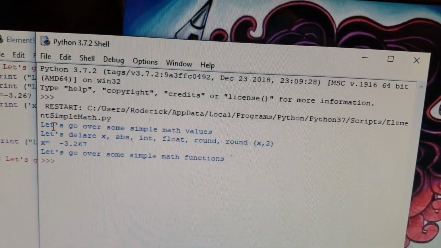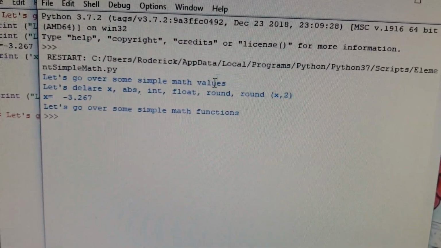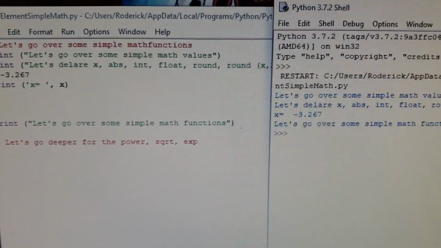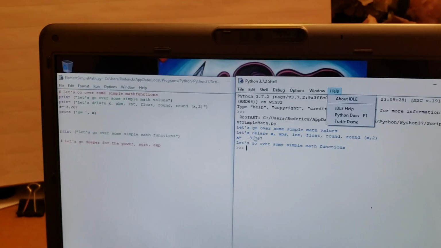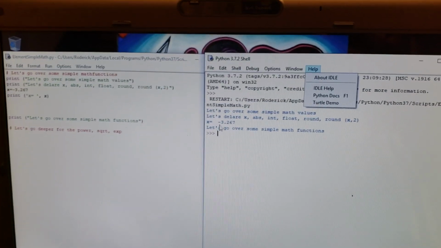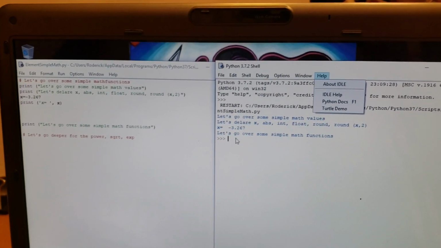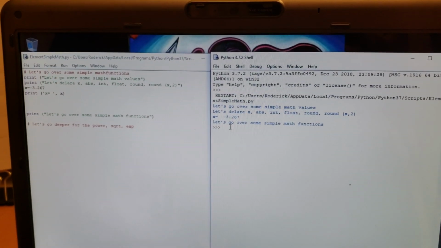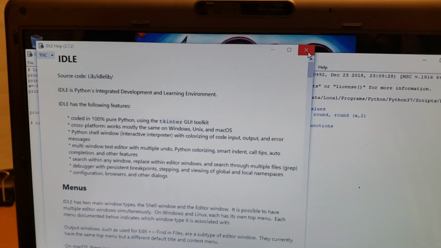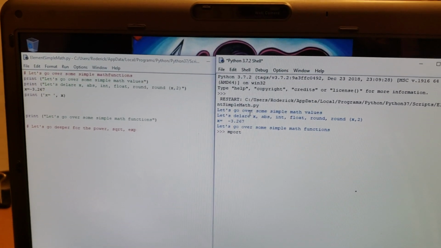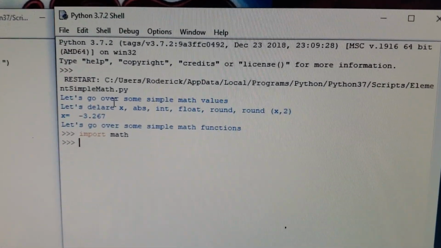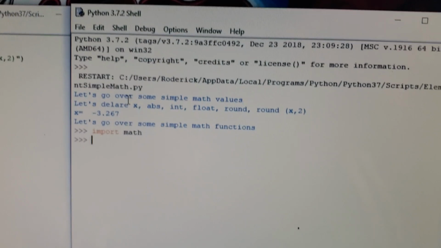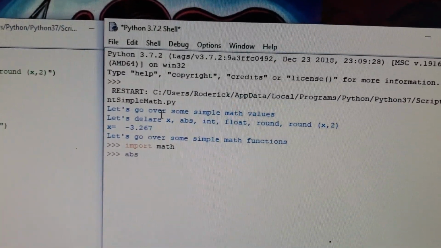Okay, so when we ran the program, it prints, let's go over some simple math values. Okay, and it says, let's declare x, and it tells me that x is equal to negative 3.267. So now I'm going to go ahead and import the math function. Okay, and I'm also going to look at the absolute value of